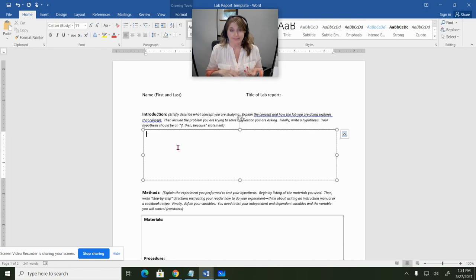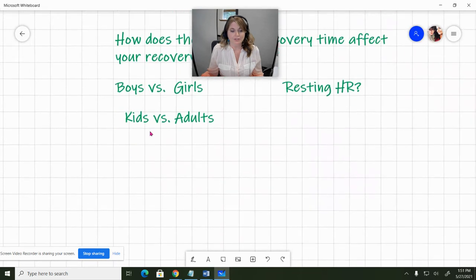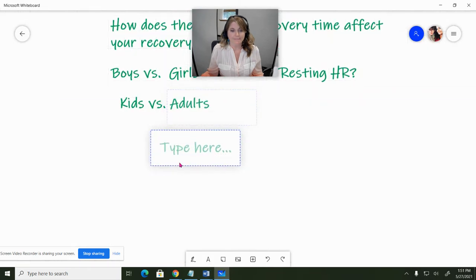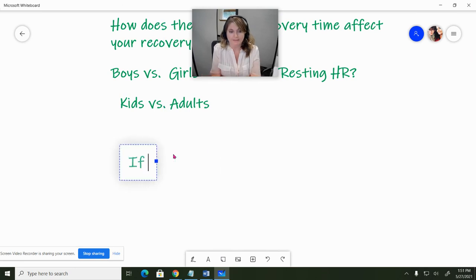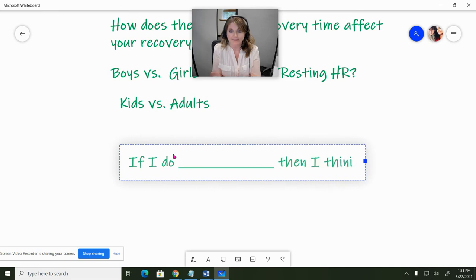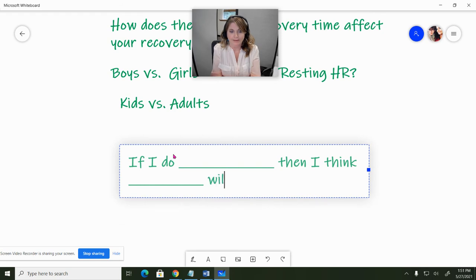And then you need to write a hypothesis. Oftentimes when students are younger, we say a hypothesis is an if-then statement. But now that you're a little bit older, we want to add a part to that. Your hypothesis should be an if-then-because statement. If I do this, then I think this will happen because,